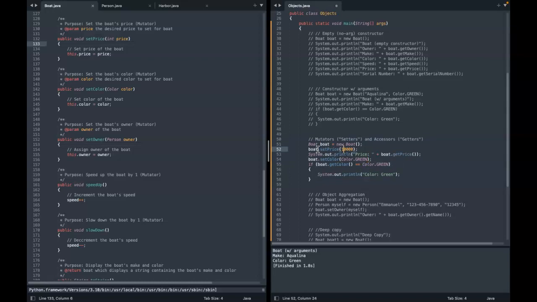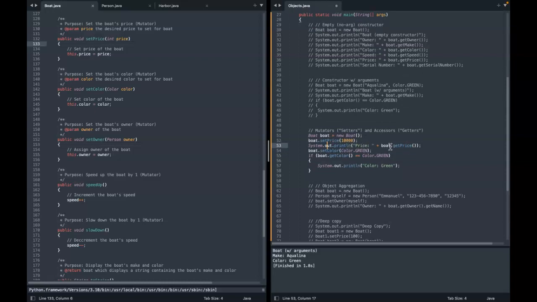And so an example of how setters and getters work, I'm going to create a boat. We're going to use that boat, and then we're going to invoke the setPrice method and pass the argument 10,000 for the price. And then we're going to display that by using that boat object and then invoking the getPrice method. So we're going to do the same with the color down here. And there you have it. We have the price at 10,000 and the color green. So we're setting the price of the boat at 10,000 and we're displaying that by calling the getPrice getter method.